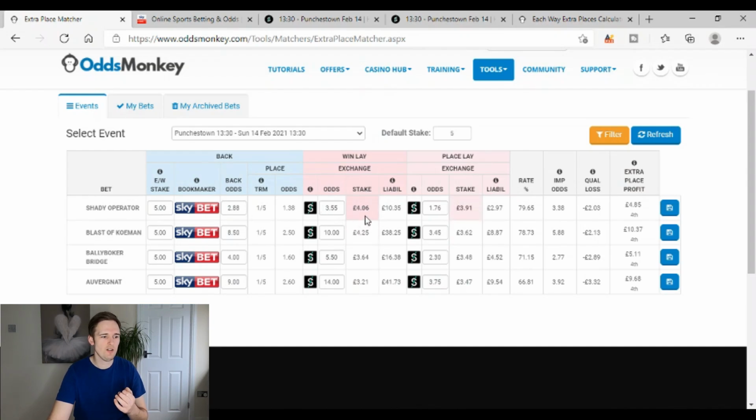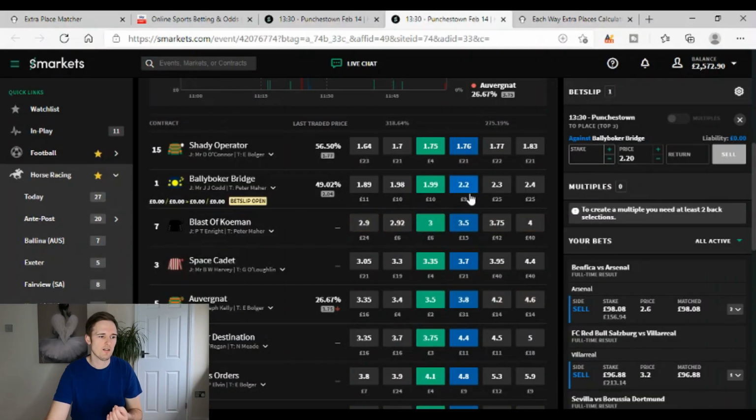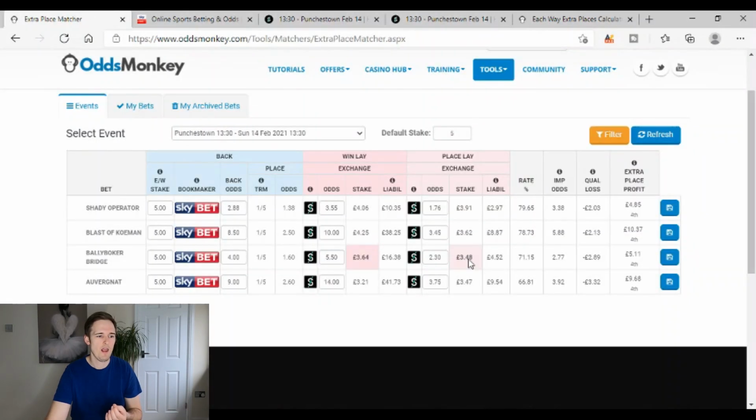Then it's going to tell you there, the stake there. So obviously £4.6 at odds of 3.5. Ballybroker Bridge, so £3.64 at odds of 5.5. And then the place lay has gone even higher now, so it's 2.3 now, it's saying. It's around 2.2, 2.3, and that's your amount there. So stake there. And it even tells you your liability, so how much money you'll have tied up at the exchange. And then here at the end we just have the rate percentage,